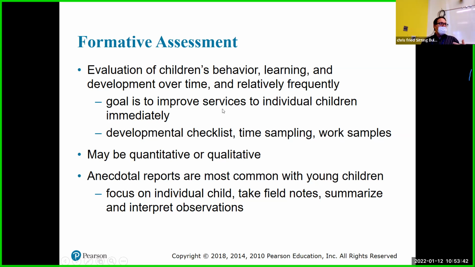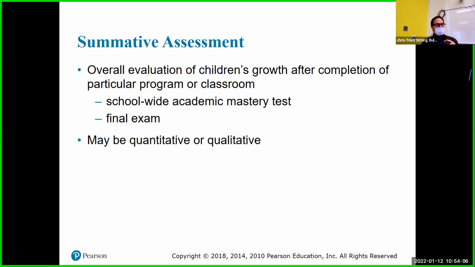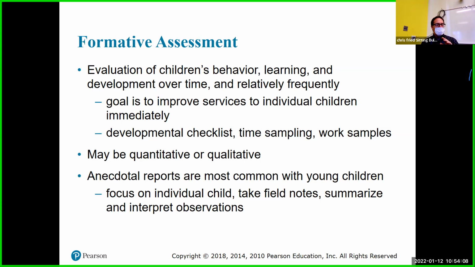It might just be a simple question: do you understand this? Yes or no? It might be a thumbs up, thumbs down. It might be an activity you did in class, and you notice that the child has no idea what to do. With formative assessment, you have to help them do it differently or re-explain it, whatever we have to do. You'll hear summative and formative assessments a lot, so you should understand the difference between them, and we'll work on when we use them as well.